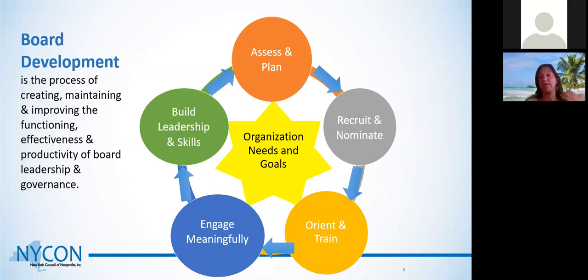That changes as organizations grow, as they bring on new staff, as they bring on new board members. And so it's important to think about the role of the board as it was 5 years ago or 10 years ago isn't necessarily the role of the board that you're going to need 5 or 10 years from now or next year, right? And so part of what you want to think about is assessing and planning for your board composition, for your board effectiveness, for board development in general.